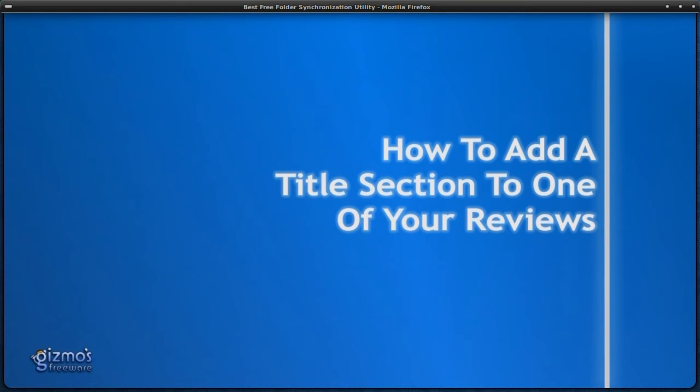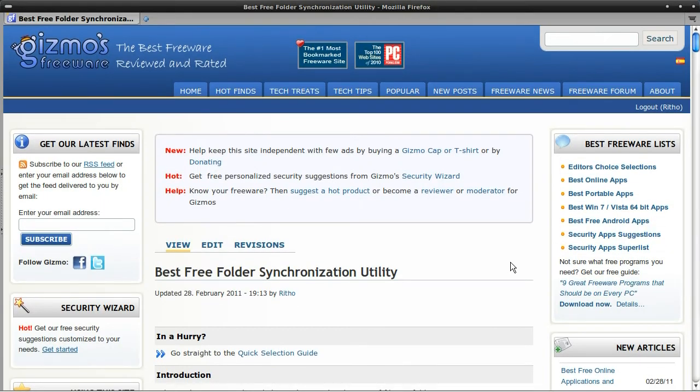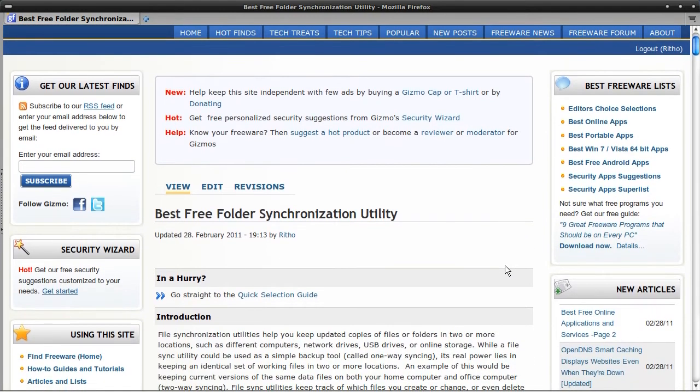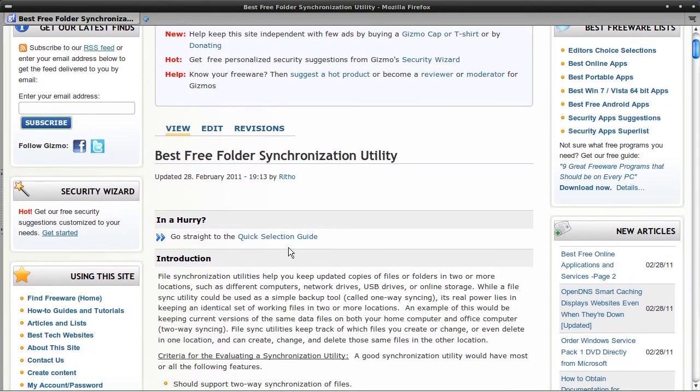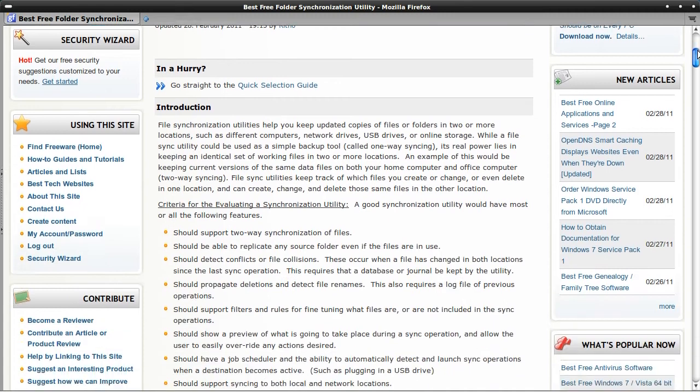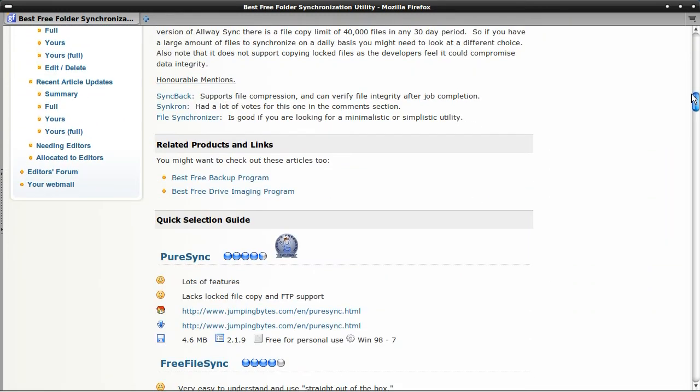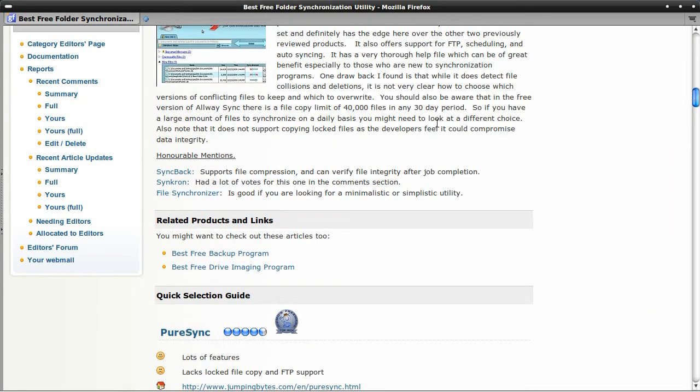This is a Gizmos freeware tutorial on how to add a title section to one of your reviews. One of the questions that we get from time to time is how can I add a new section to my reviews? One of these sections like this that has the bold text with the gray background. It is nice to be able to add one of these whenever you have some special need of another section